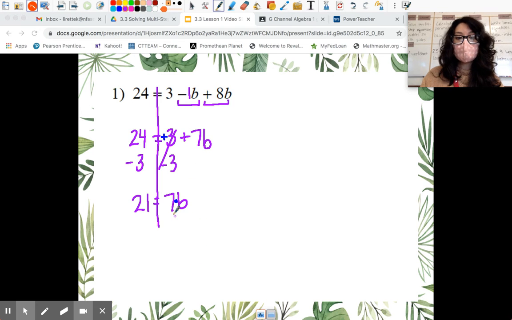So the inverse of multiplying is to divide. So I'm going to divide both sides by 7 and get a final answer of 3. So I achieved my goal. I isolated my variable. Now, when you're doing these, if you're unsure if you got the correct answer, you can